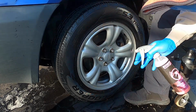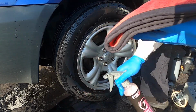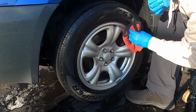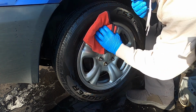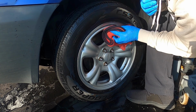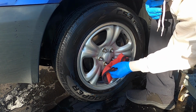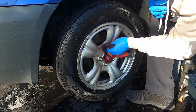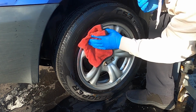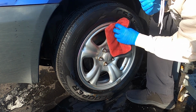The way I do it is one spray on the wheel, one spray on the towel. Towel's folded in fourths, and just wipe the edges of the wheel, get any product, get the faces of the wheel here and the spokes, get into all the areas that you can, in between the lug nuts, around the center cap, flip it over to your clean side, and just buff it off so there's no streaks or high